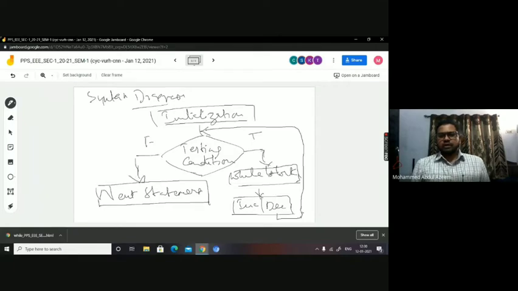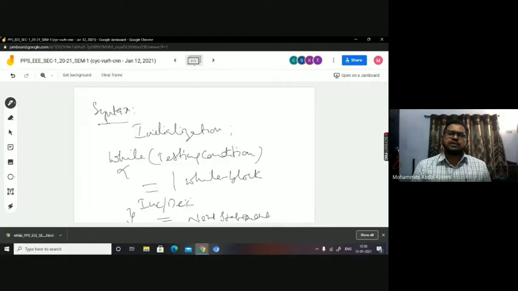Got it? So you can see this is very similar to the for loop. The logic is also very similar to the for loop. The only difference in the syntax is that the initialization, testing, and increment or decrement, all three together were in the same line in for, whereas in while they have been separated. Initialization is before, then the condition is tested along with while.